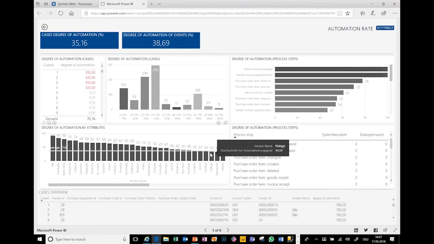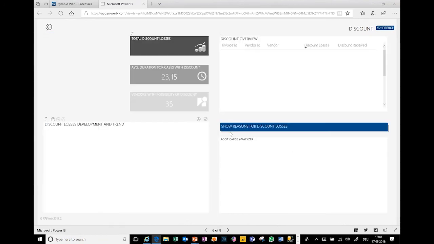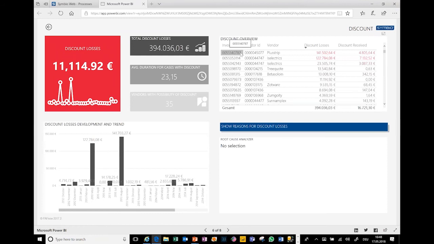But obviously what you can also do, and what we do in our product and with our partners, is that we enrich these generic reports. We enrich these reports, and we add specific reports, for example, for specific questions or specific aspects of a specific process. For example, in a purchase to pay process, we would definitely have a look at discounts. So this would be a report. It could look like this one.